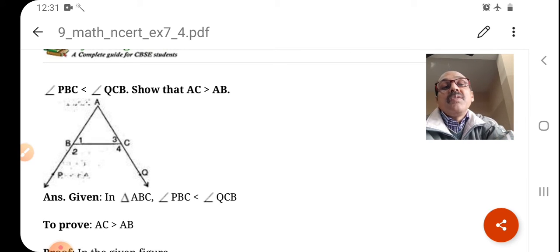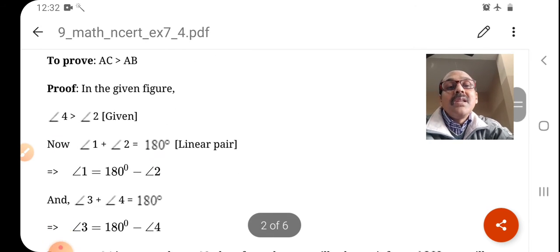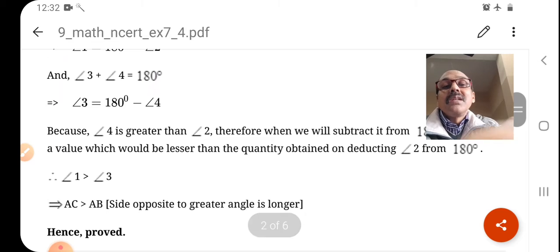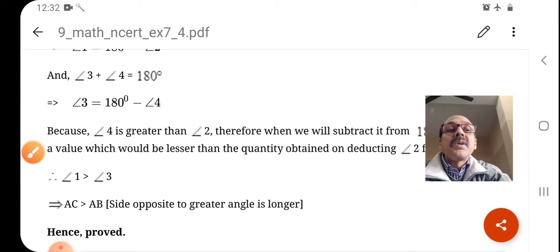Because angle 4 is greater than angle 2, and 3 plus 4 is 180, 4 is the greater angle. So 180 minus the greater angle and 180 minus the lesser angle: 180 minus the lesser angle is greater. That means angle 1 is greater than angle 3. So the opposite side of angle 1 is...